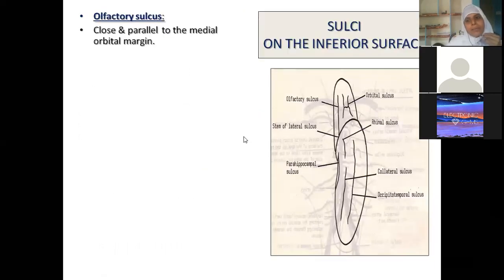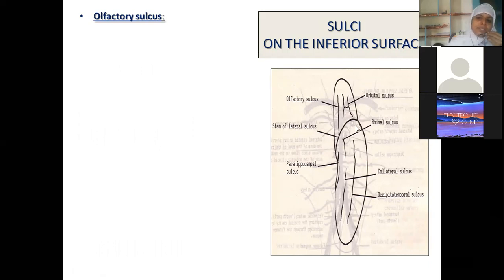Now, see here, this is which surface of the brain? Cerebrum? Inferior. Inferior surface. This is the lateral sulcus only, but the starting point of the lateral sulcus is called the stem. We are seeing only one lobe here. If you can consider this as the right cerebral hemisphere, left is not visible. Only one cerebral hemisphere is seen. Okay. Now you are seeing the lateral sulcus is dividing the inferior aspect of the cerebral hemisphere into two areas. What is that? Orbital part and tentorial part.